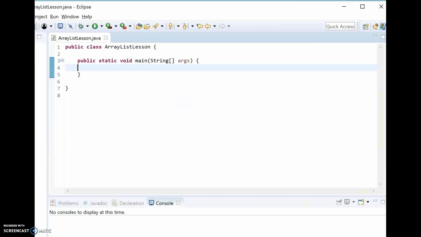In a sample lesson, we are going to go ahead and create an array list of strings to represent my family members. So I'm going to say ArrayList<String> myFam = new ArrayList<String>();